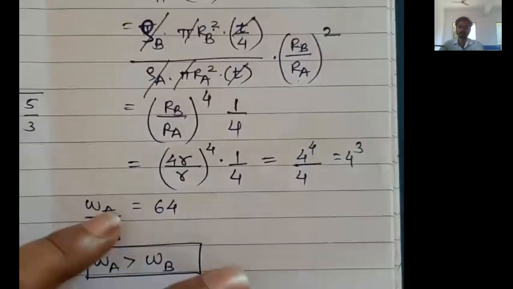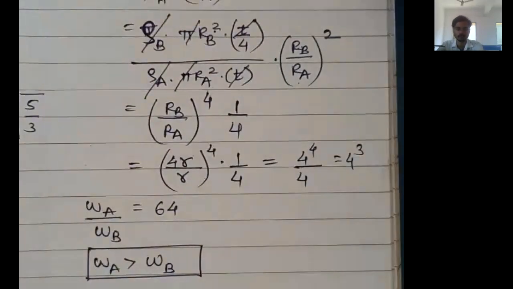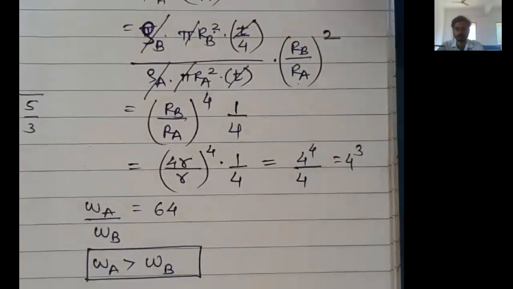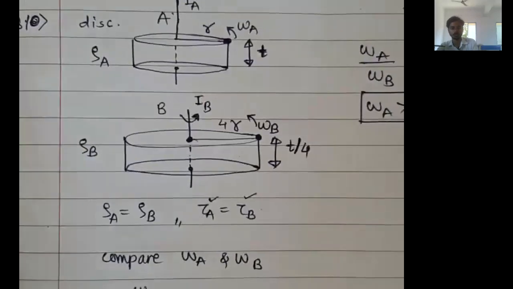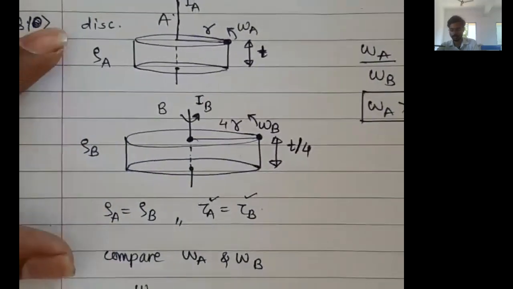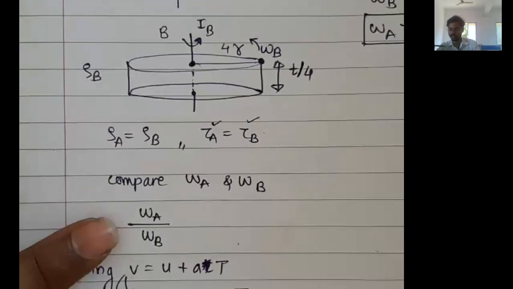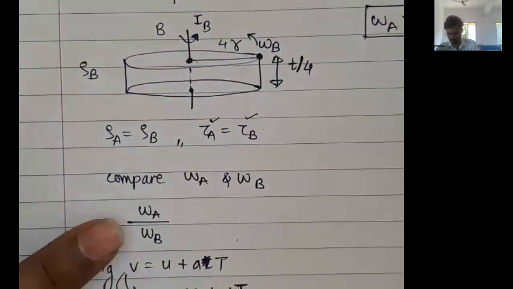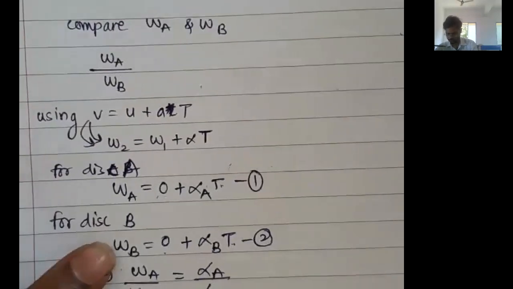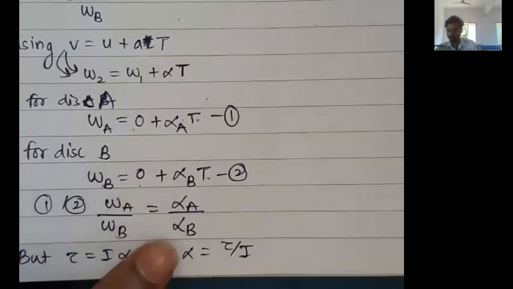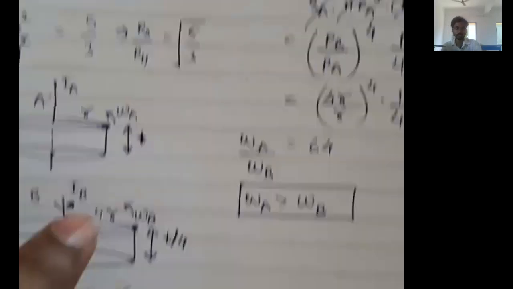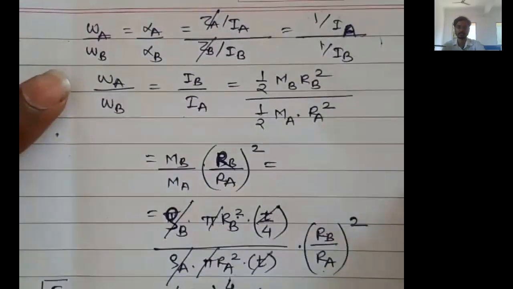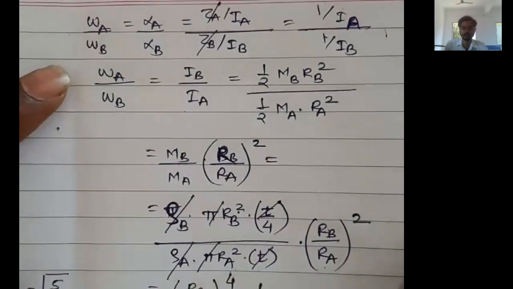Is this clear? What was given in the question? This is the given data in the question. Always try to check what is given, check what is asked, and then try to write the equations for what is asked. Try to write the equations for omega. And whatever the unknowns are, for example, if alpha were unknown, try to replace those in terms of given values. That will give you the answer. Is that clear? Reply in the chat box, everyone.